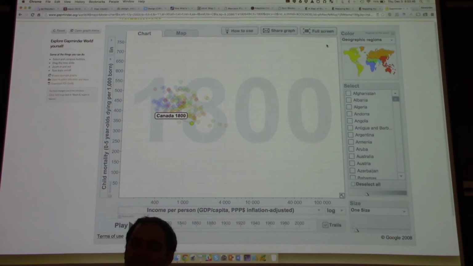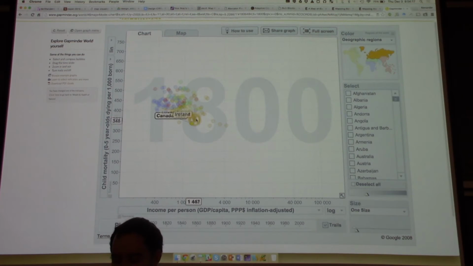So we don't only have this data set for a single time point, but we have it for a lot of historical data going back to the 1800s. And how do we compare different time points? Visually, the trails, yes. So the feature